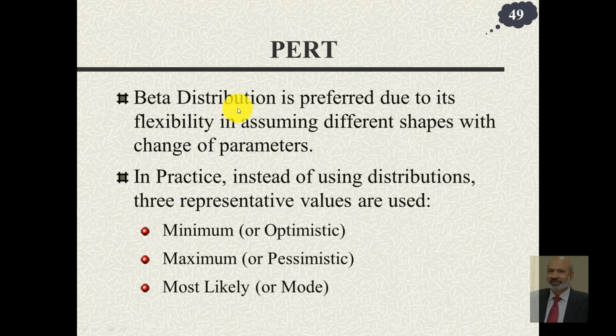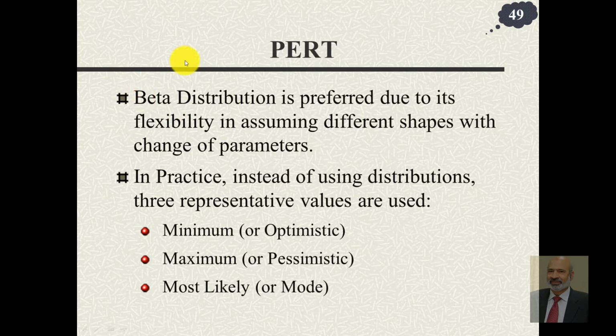It is preferred because it takes different shapes. Its shape becomes almost a normal distribution for some values of the parameter. It can become like exponential or Poisson distribution, or log normal distribution. Any distribution can be closely approximated by beta distribution. But dealing with such distributions is very tricky. It becomes very difficult when you have complex networks. Notice that we were looking at very simplified networks of 2 or 3 activities, 2 in series, 2 in parallel, and there too we had to do a lot of computations.